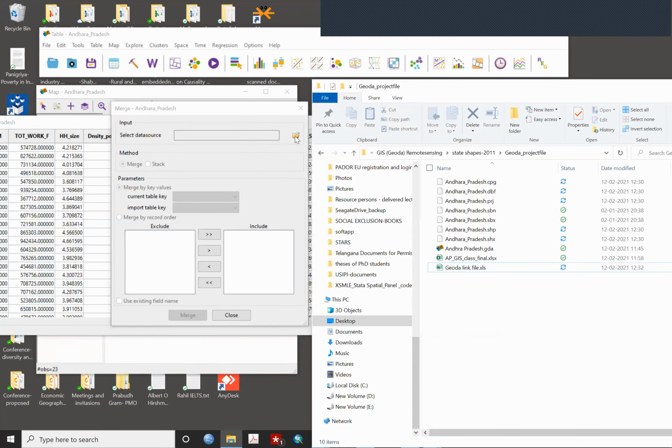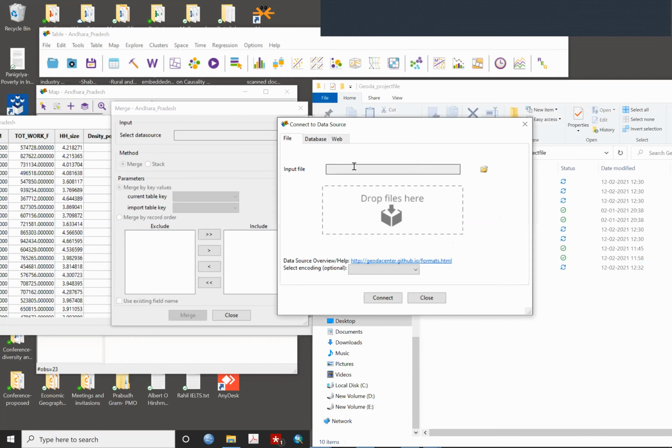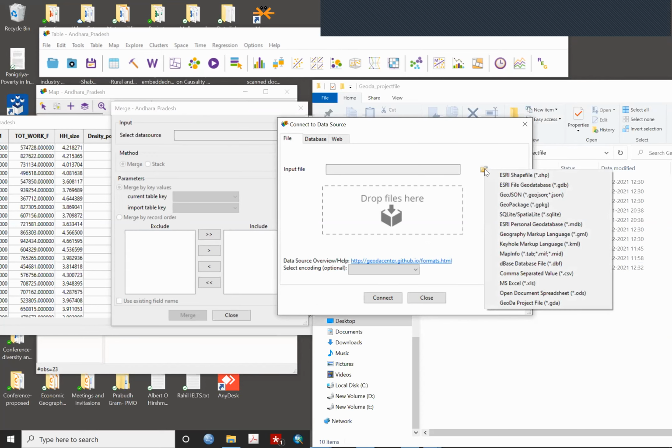For this, you press on data, select data source. Once you press on it, this window will open. Again, you have to select the file type, what type of file is to be joined.